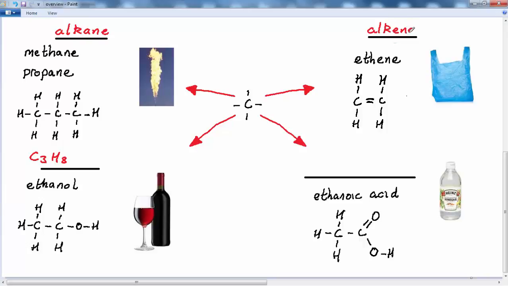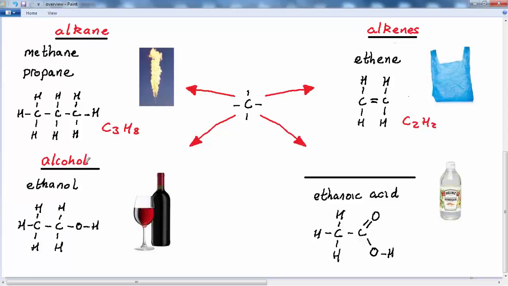Now on the other side, we've got a family called the alkenes as opposed to alkanes, of which ethene is an example. Okay, so alkenes are like alkanes, but they have a double bond present in their structure. Okay, also made from just carbon and hydrogen. So the formula for ethene would be C2H2,